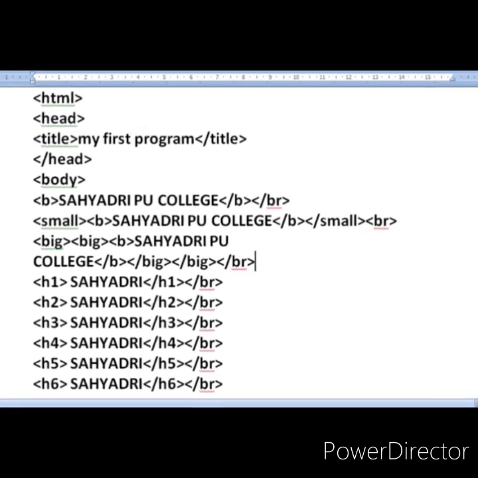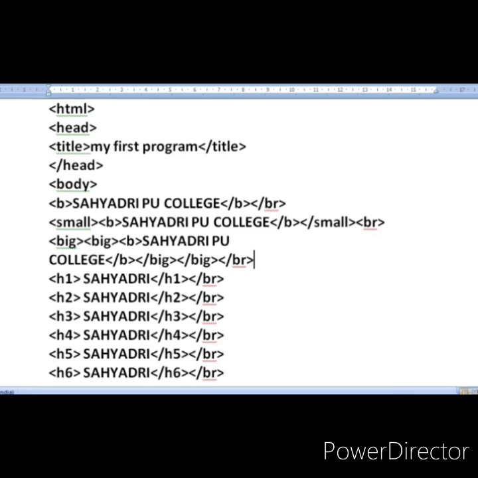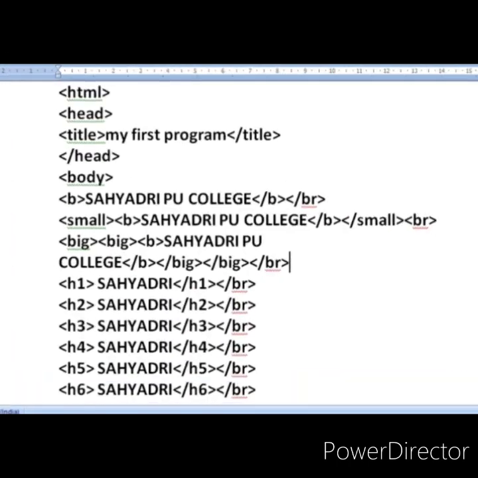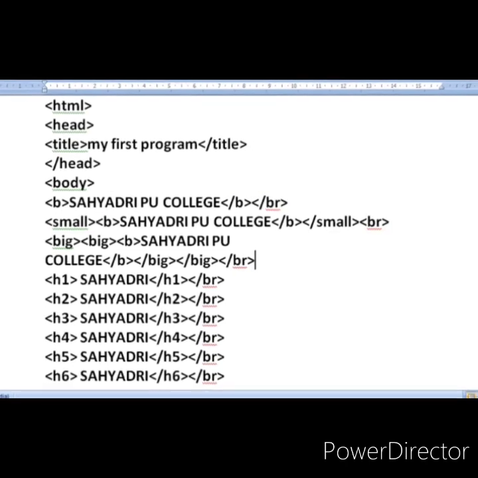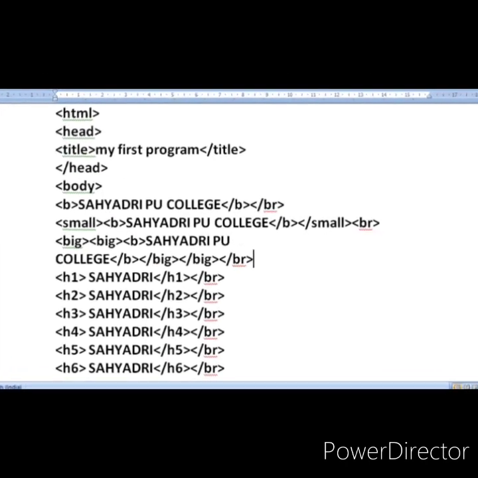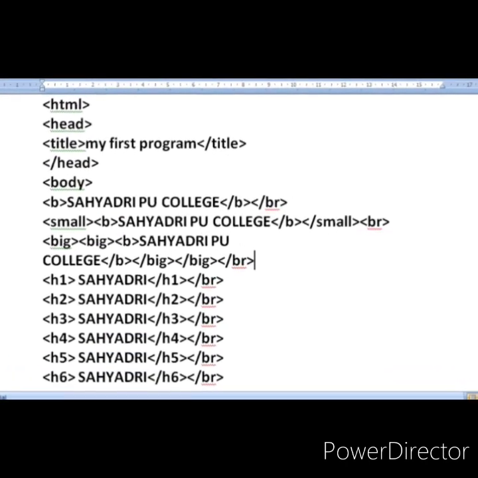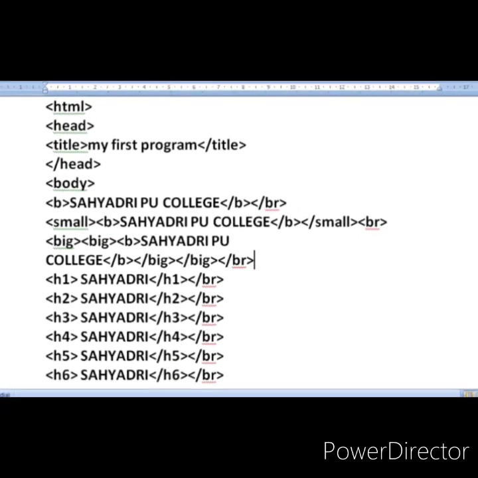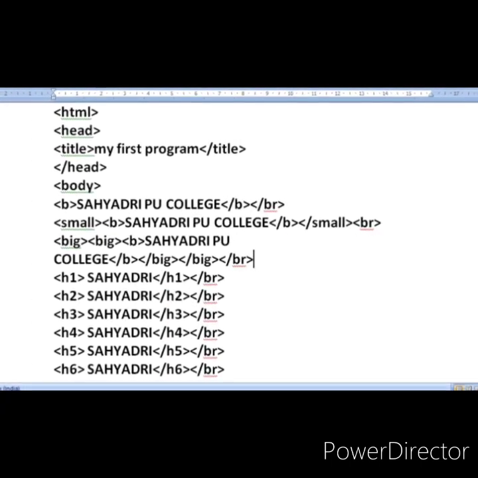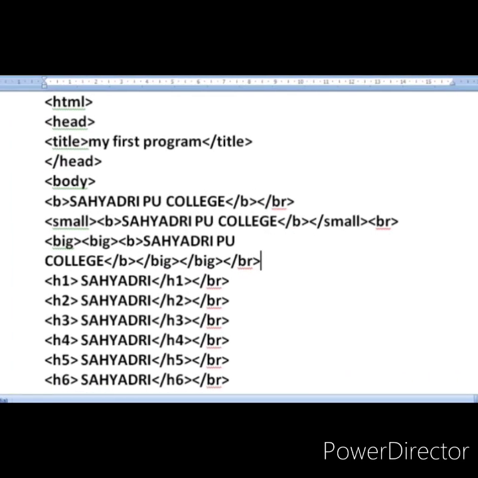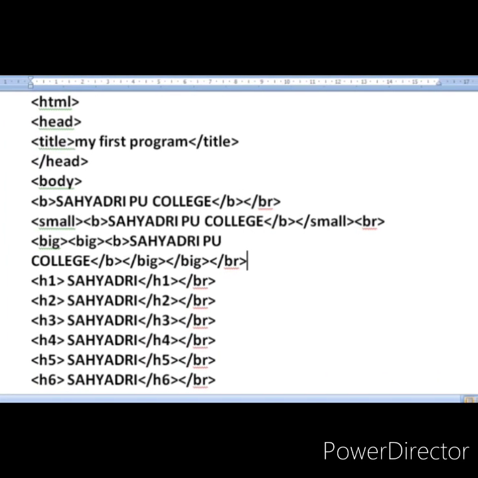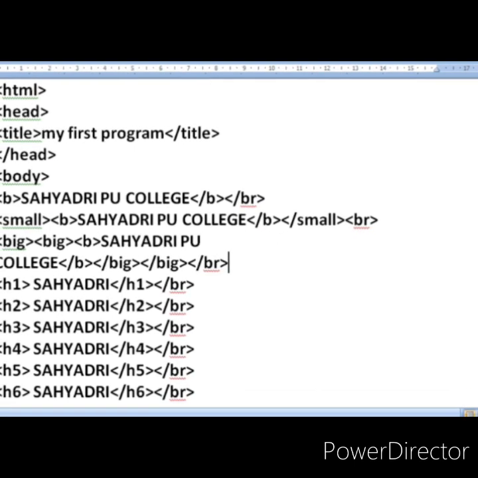Now, you can resize a particular text that is appearing on the web page by using two different tags. One is called small and the other is called big. For using the small tag, the keyword used is small, and for using the big tag, the keyword used is big.